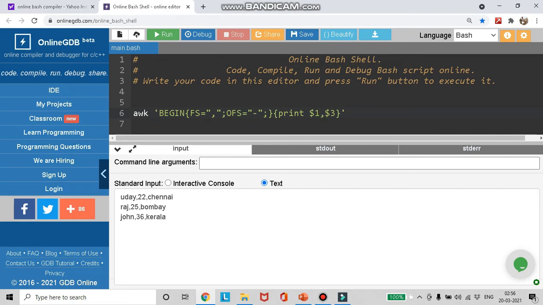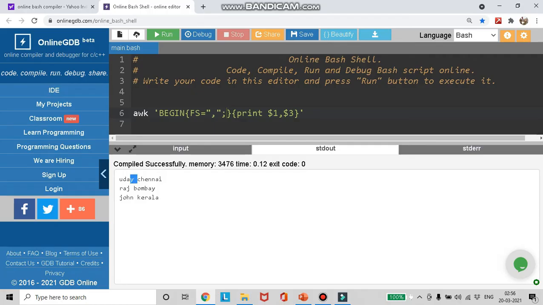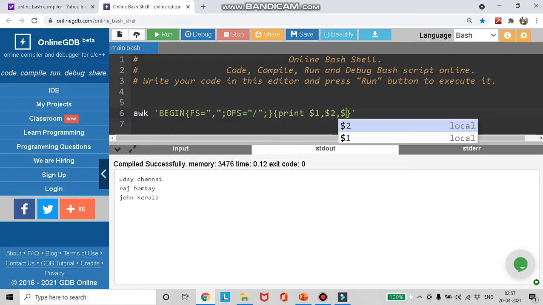What if I don't specify anything for the OFS? By default, the OFS is a space. See, by default it's a space. If I don't specify anything for it, a space would come. Now let me use a slash and print all three.